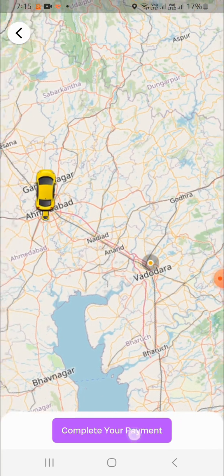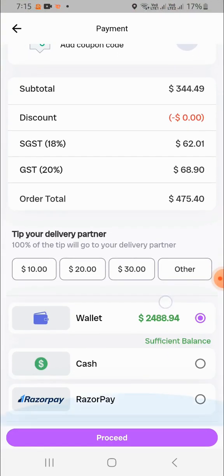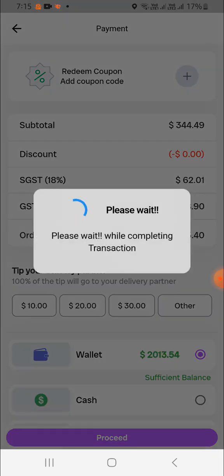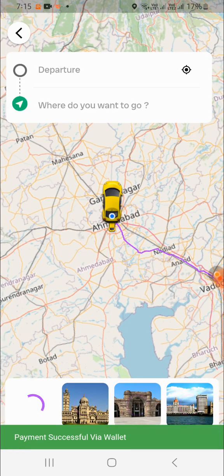Click on the complete your payment button and complete the payment using wallet balance. Click on the proceed button. The payment is successful.